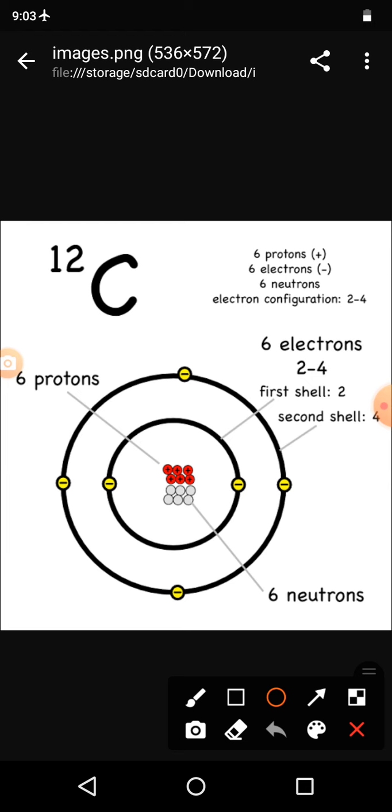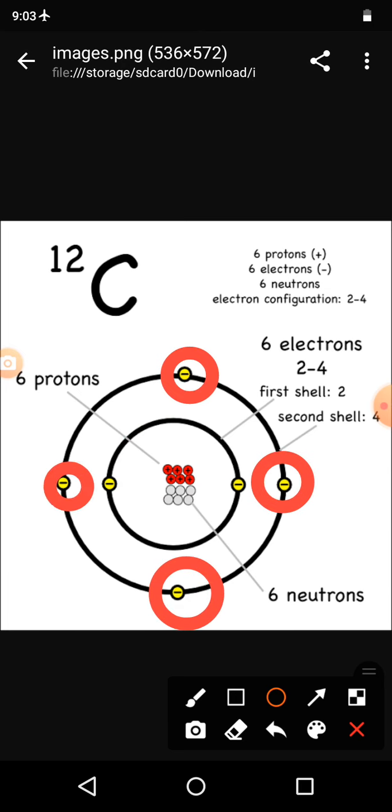In that first shell, you will see 2 electrons. And then the second shell, you have 4 electrons. This is the first electron, this is the second electron, this is the third electron, and this is the number 4 electron. So you have 4 electrons on the outermost shell of carbon, and this forms the basis